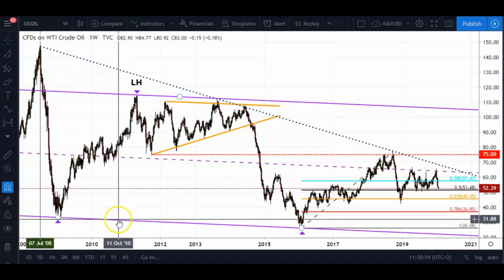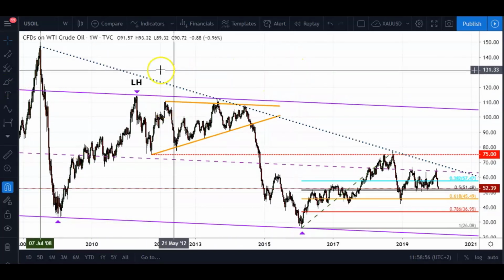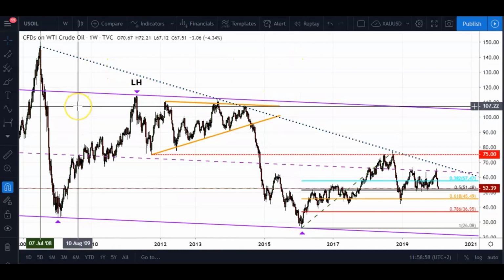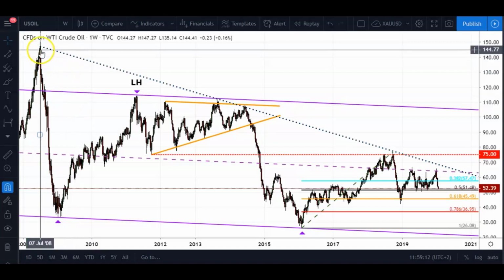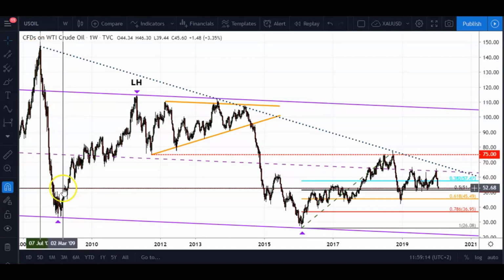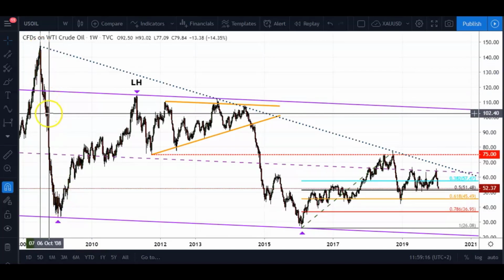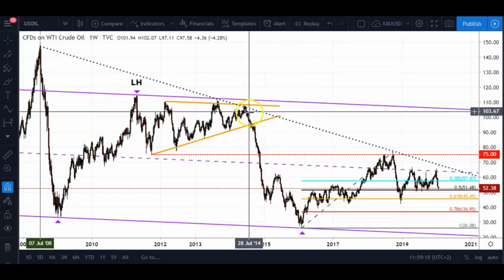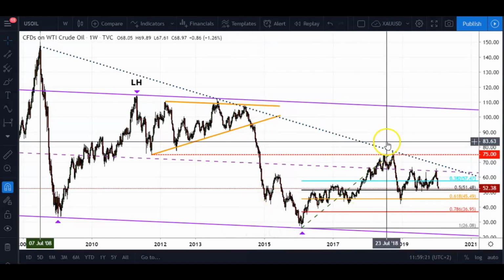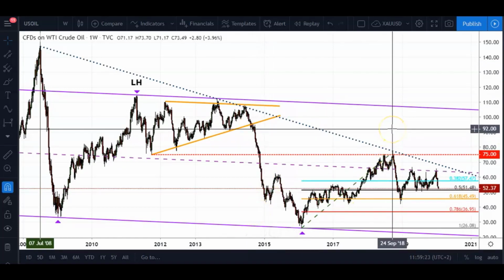Now, before I get into drawing my market geometry lines, I just want to show you which pivots I use to start figuring out which angle this market's operating at and where important support and resistance levels are. To start off with, this drop in July 2008 was a massive drop. There was almost no market structure, similar to a few other moves that we've seen previously, and the last one that we've seen in October 2018.